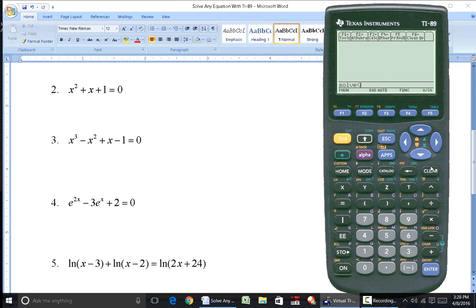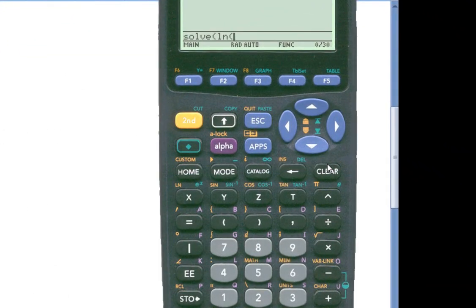So it's second, and then I want the ln right here, natural log, and then enter x minus 3, close parentheses, and then plus, and again second key, and then on the right above the times here, ln for the x, ln of x minus 2, close parentheses,